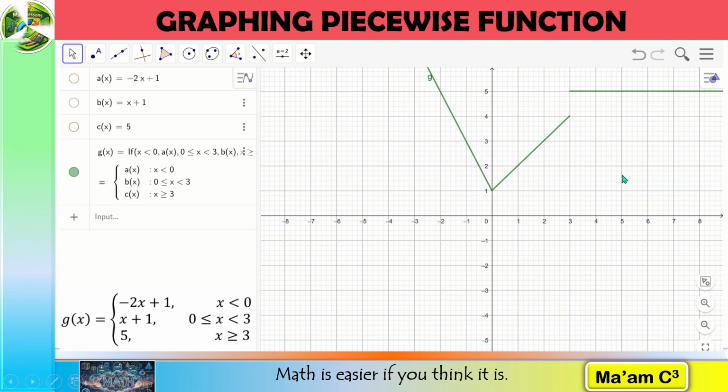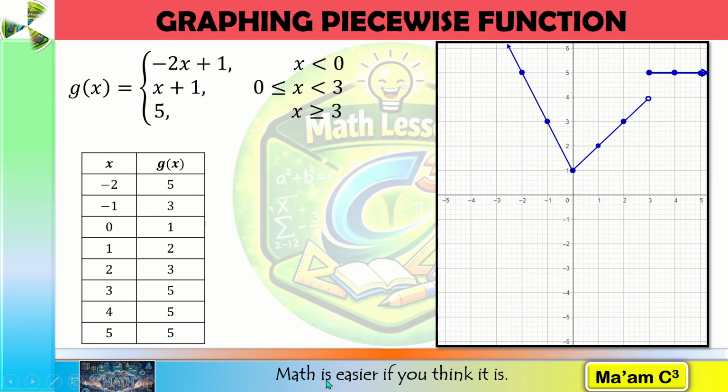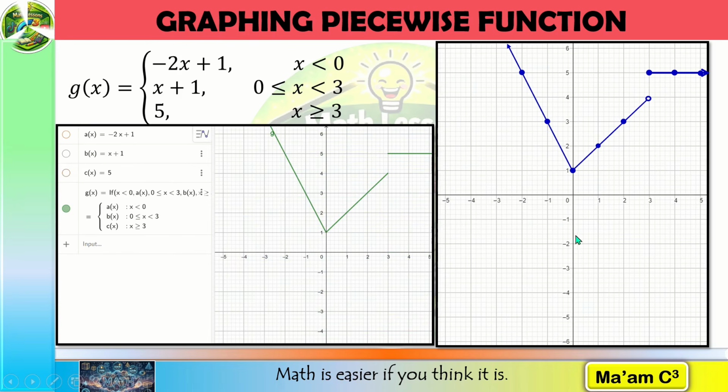We will compare this graph with the manual graphing that we did earlier. Now let us place here the graph that we did in GeoGebra and compare the two. They are exactly the same. Only in GeoGebra, you cannot see clearly which one is open circle and closed circle. So you really have to pay attention with the conditions. Now let us determine our domain and